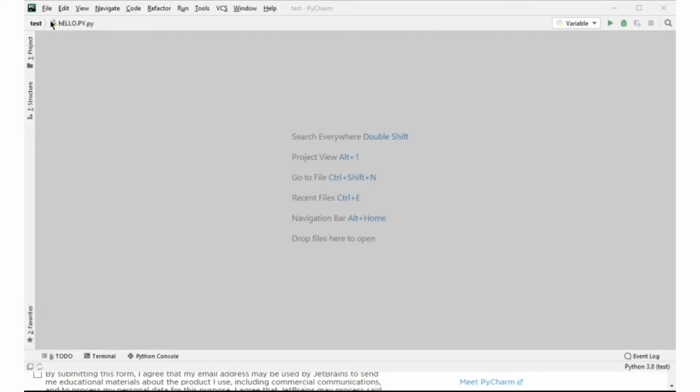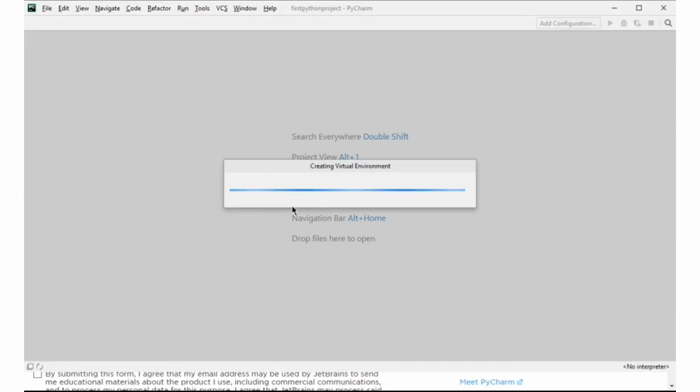So let's say this is my first Python project. I select this, and you have to make sure that it is using the virtual environment here, and it shows the base interpreter as Python. That is it. You create this, and because I already had an open window here, it is a new window which I want to open. So it is setting up the virtual environment.